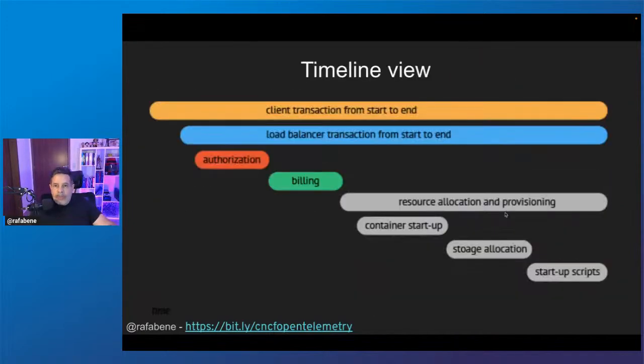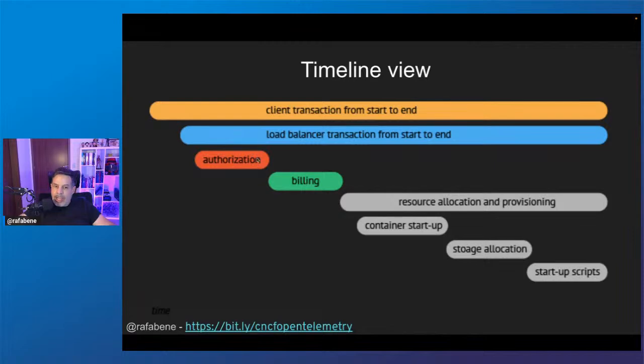Those are the problems that we can solve if we change our way of seeing the software to a timeline view. For example, in the timeline view, we can see that the client transaction started from the start to end, the load balancer transaction from start to end, and then we had the authorization first.